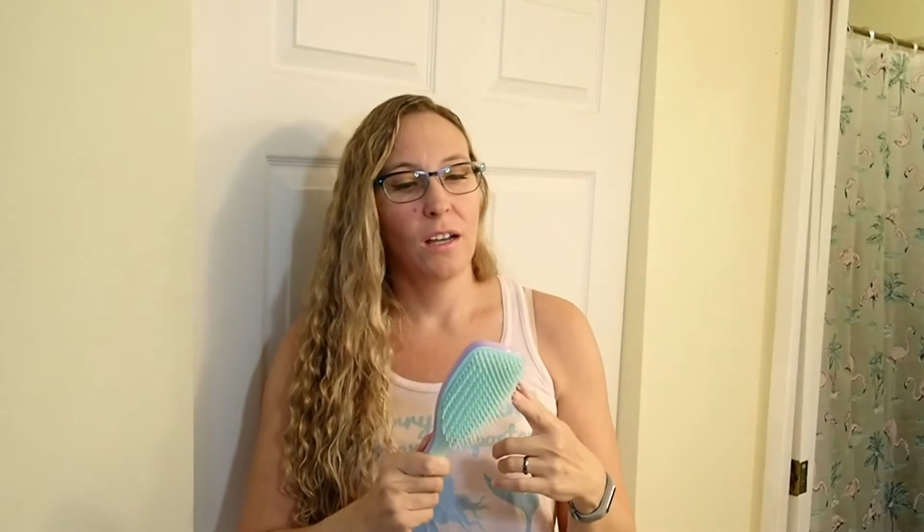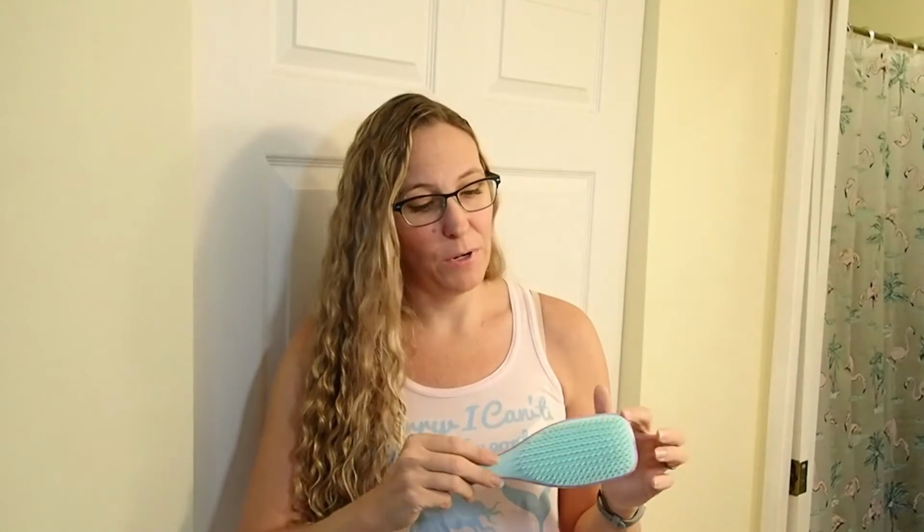I actually use a different brush in the shower, and this one I use when I get out of the shower. The one I have in there is like a Tangle Tamer, but this one has really helped when I get out of the shower, with the leave-in conditioner and the products I put in. It helps a lot. The last thing, the number 3 thing that has really saved me from the big chop,